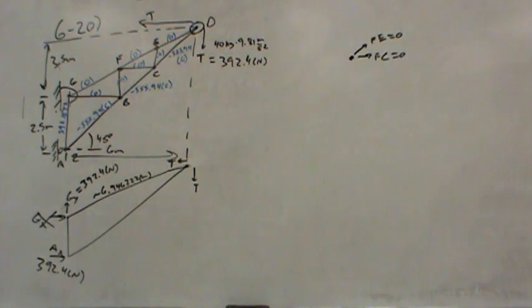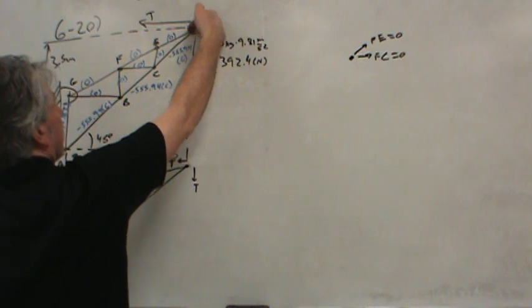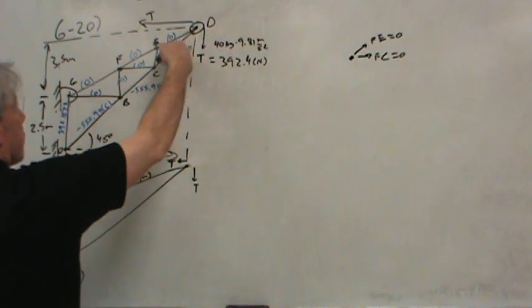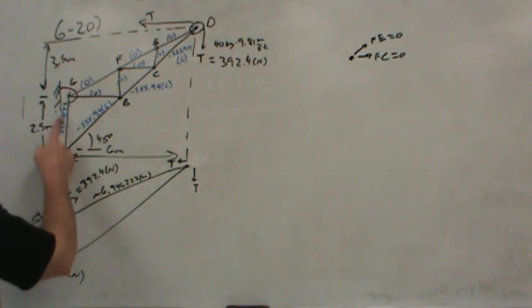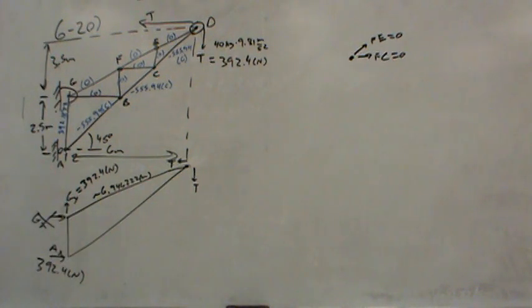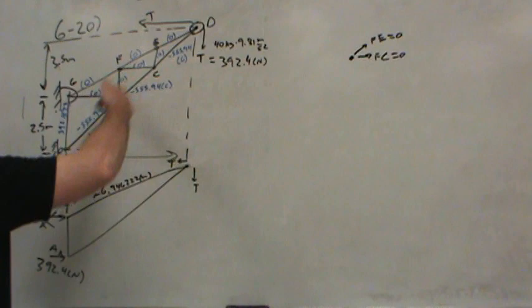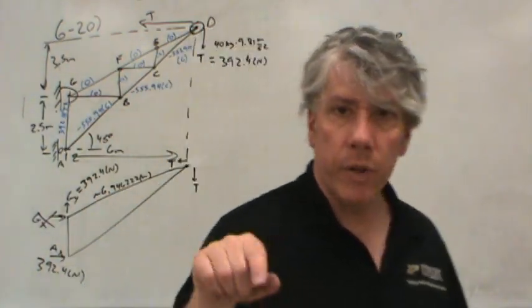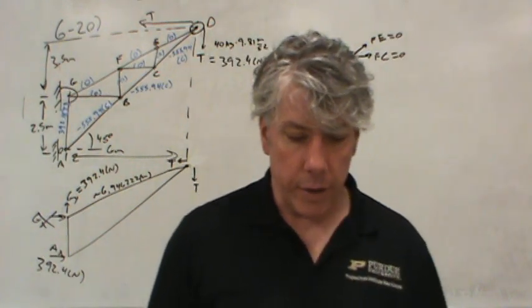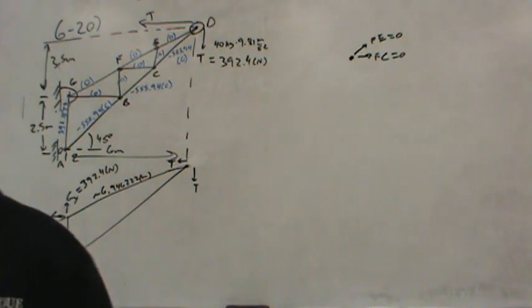Basically, the way this geometry is set up is that all of the load from this pulley, from these two tensions, just travels right down here. And the only purpose of GA is to pull up, since A is a roller. Now, in the real world, there would actually be some force here because we couldn't perfectly balance the load that way. Right? There would be a little bit of error in the direction of the tensions or error in manufacturing of the truss, but it'd be close enough. We don't really have to